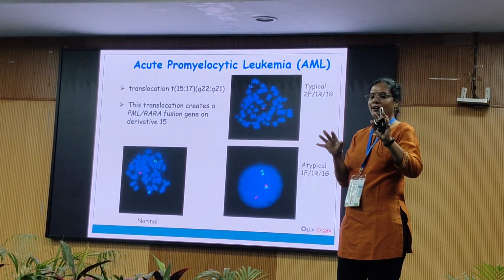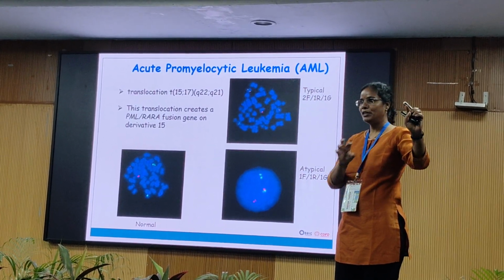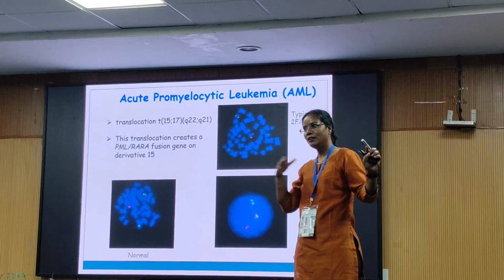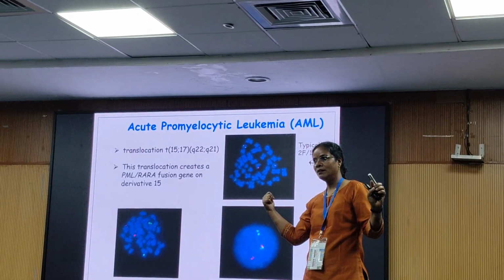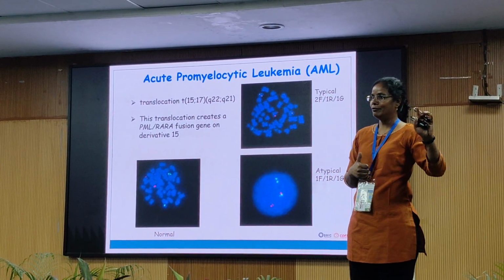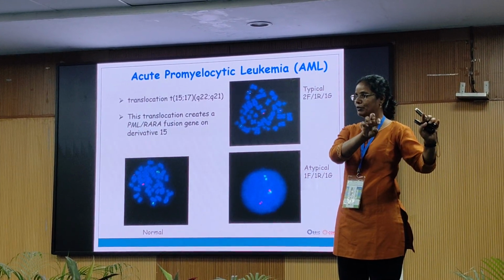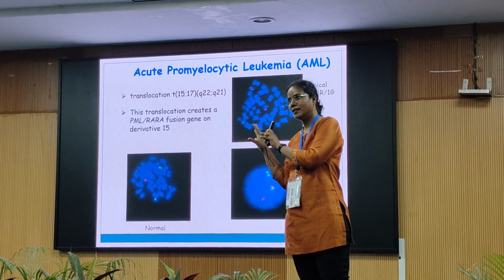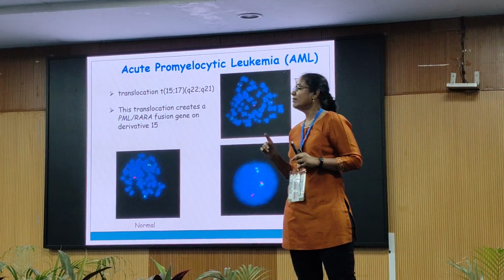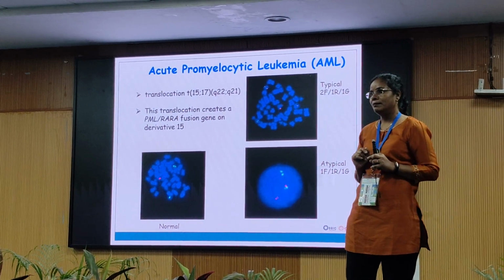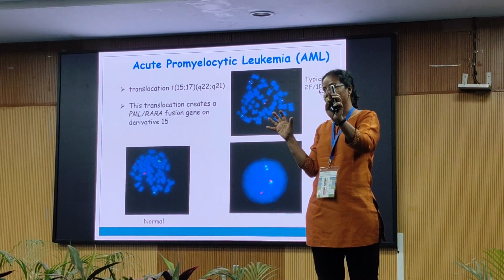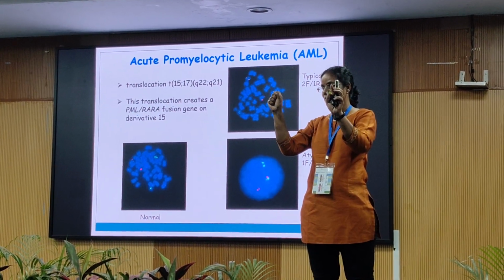So, there are 2 chromosomes: chromosome 15, chromosome 15, chromosome 17 and chromosome 17. If it was me, what will happen? I will have 2 signals of chromosome 15 in green, 2 signals of chromosome 17 in red, right? But in a patient with AML, there is a translocation which is happening between one chromosome 15 and one chromosome